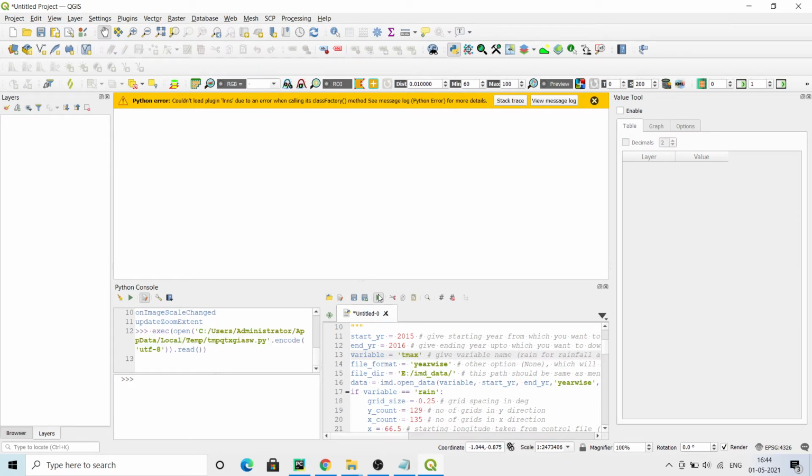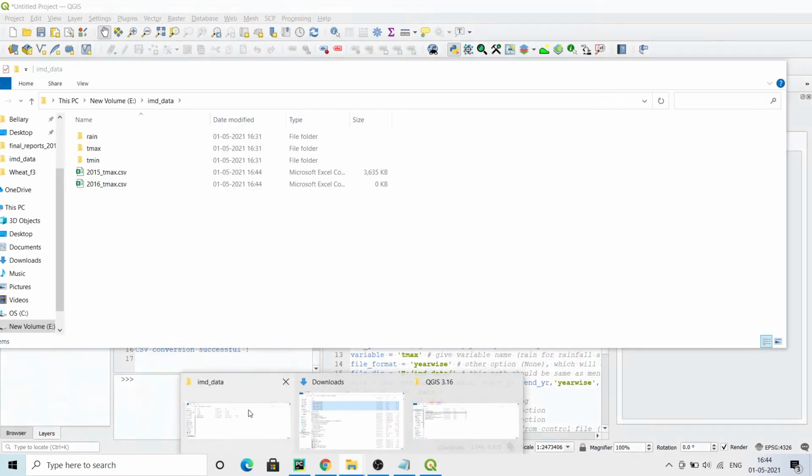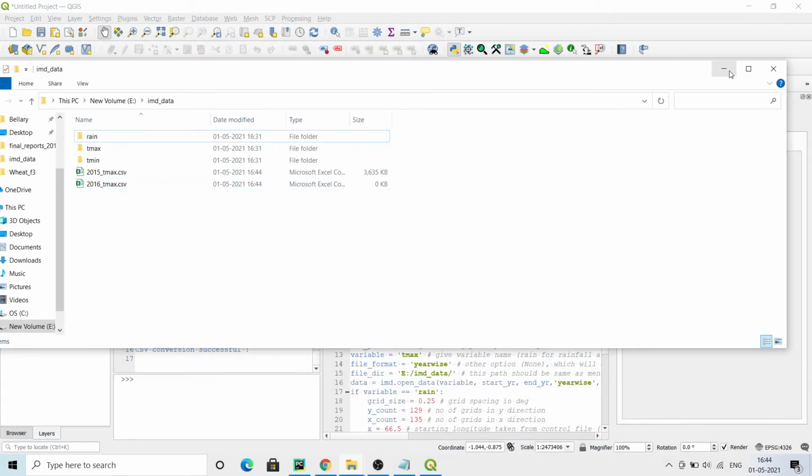CSV conversion successful. So the Tmax file has been created.